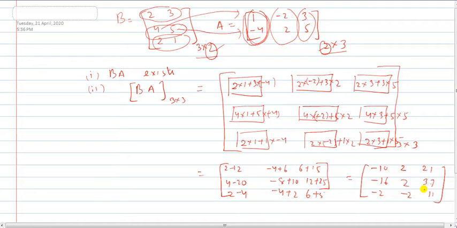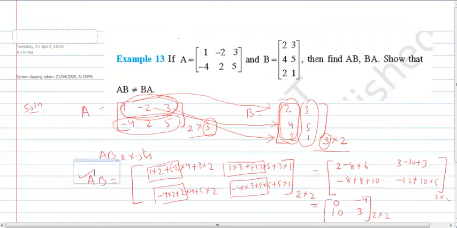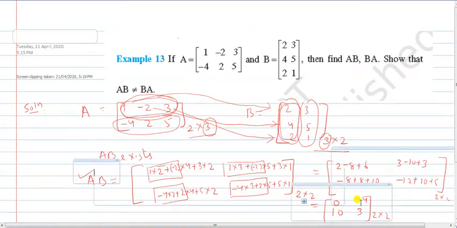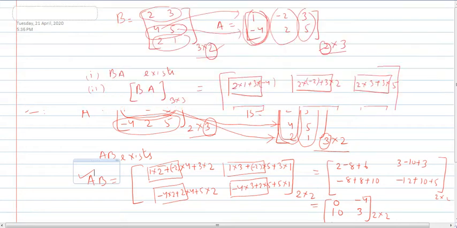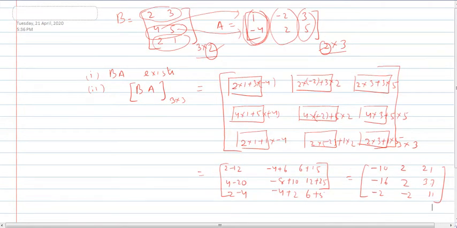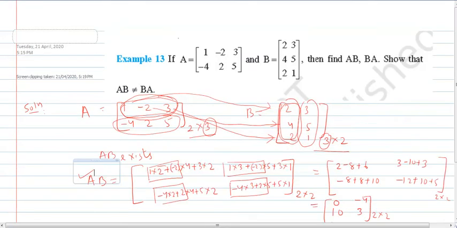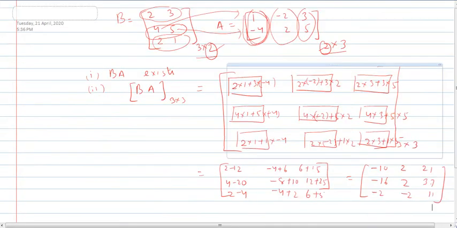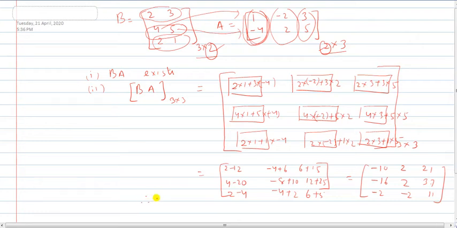Now come back, look at BA once again. This is a 3 cross 3 matrix, and come back to that first one. AB was 0 minus 4 10 3, and here I get BA is nothing but this one. So my original question was this one, so that AB is not equal to BA. So clearly I can see here, I will write at last, and therefore clearly AB is not equal to BA. So it is an obvious property. Now that means matrix multiplication is not commutative in nature.